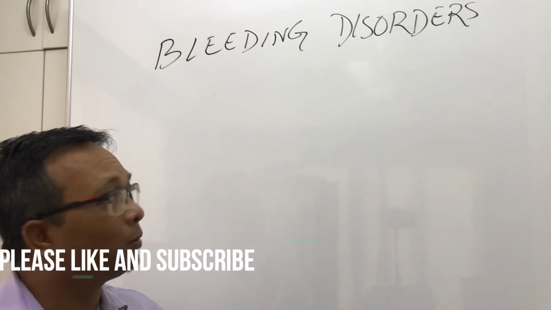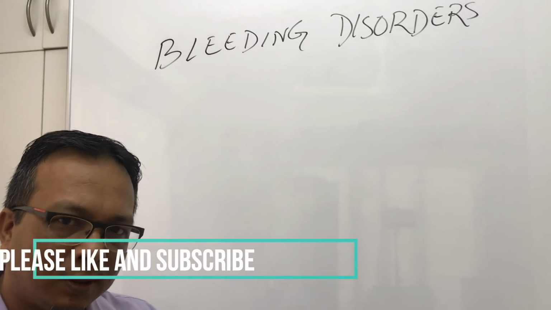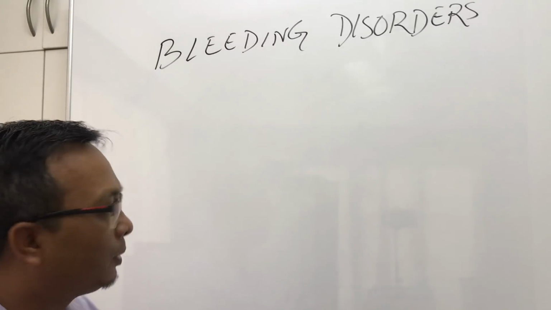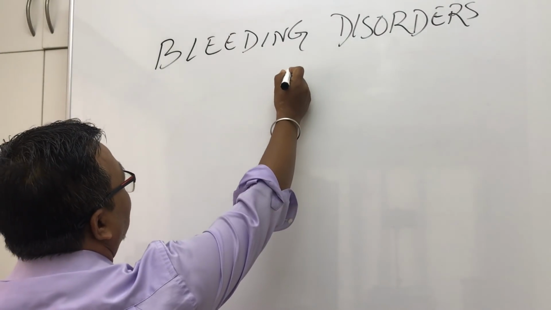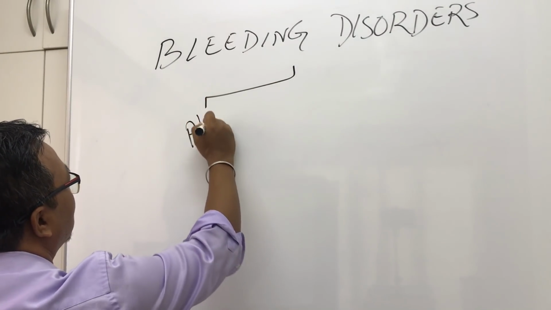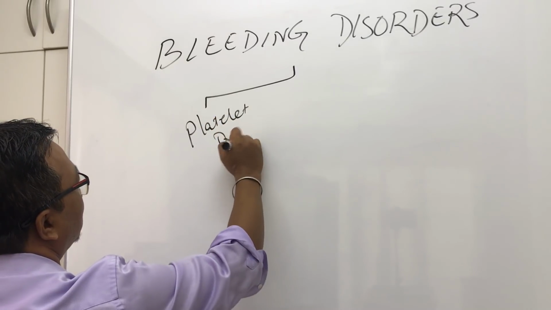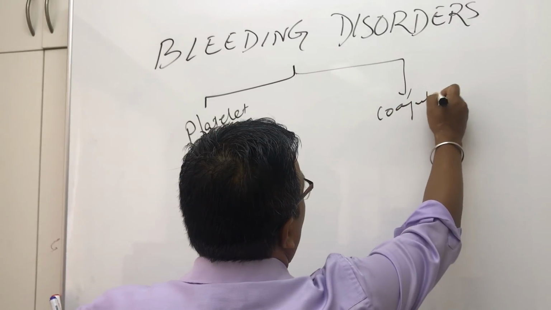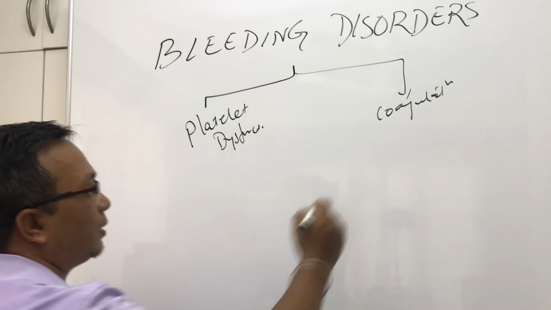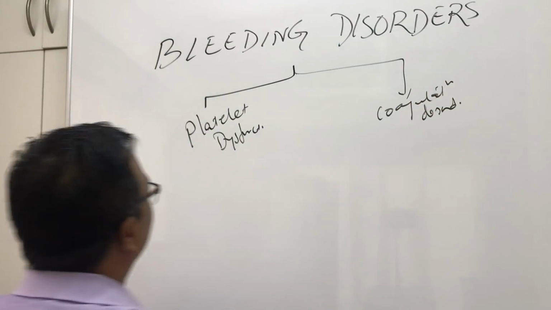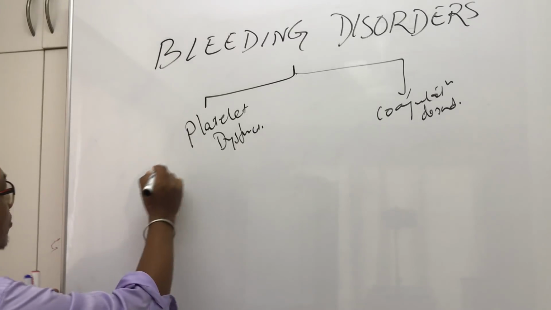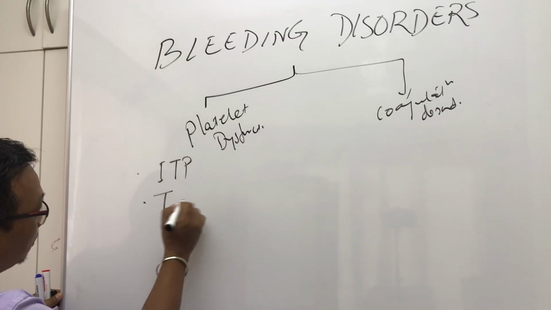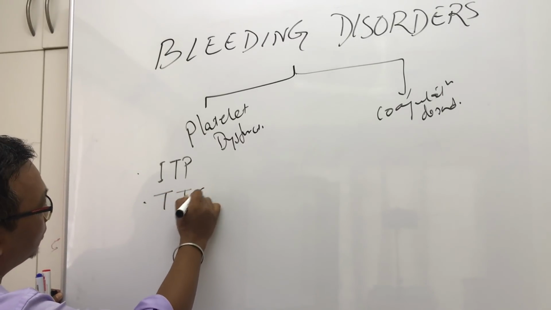So today we are going to discuss bleeding disorders. Now bleeding disorders will come as a short note or long answers. So when you're going to write bleeding disorders, remember you have to write in two-way form, that it can be because of the platelet dysfunction, or it can be because of the coagulation disorder, right? So when you write under the platelet dysfunction, you write ITP, Idiopathic Thrombocytopenic Purpura, then Thrombotic Thrombocytopenic Purpura,